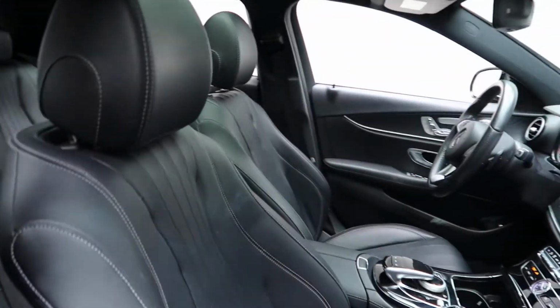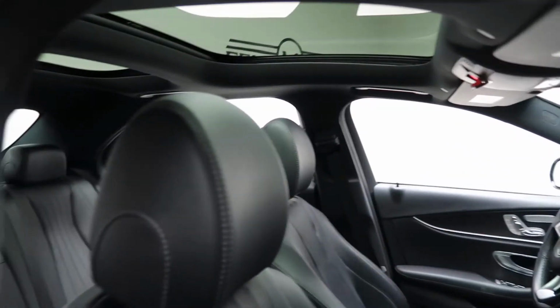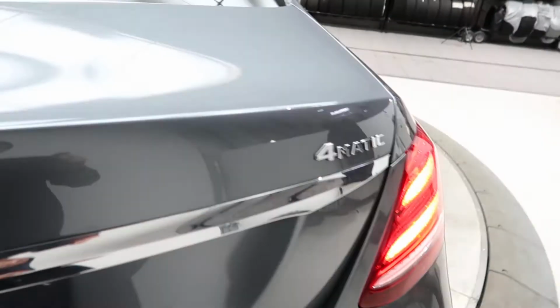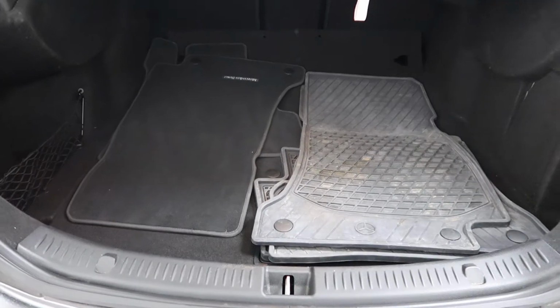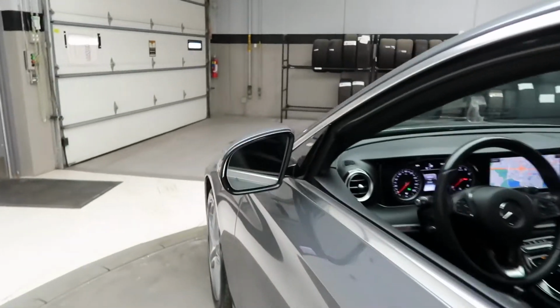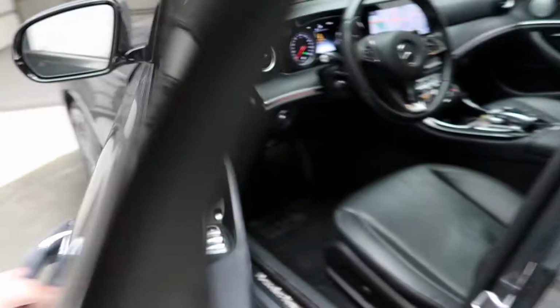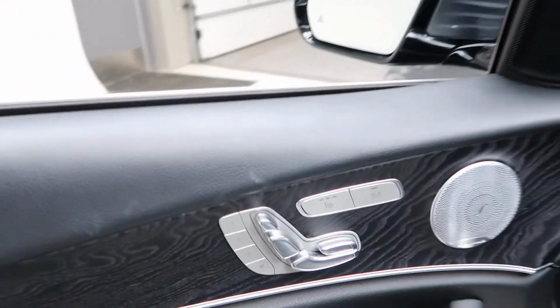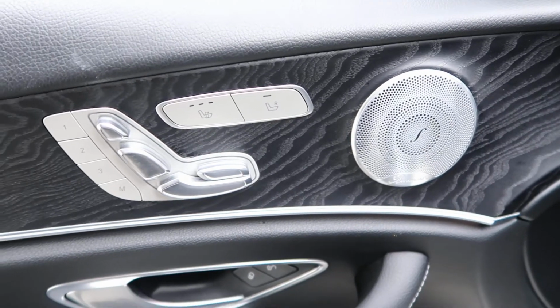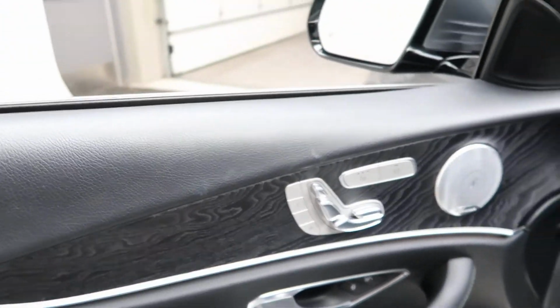black MB Tex interior, panorama sunroof, E300 4MATIC badging, power liftgate, set of all season and regular floor mats. This one does come with the Premium 1 package, which comes with blind spot assist, a natural grain black ash wood trim, Burmeister sound system, heated seats, memory seats, ambient lighting,